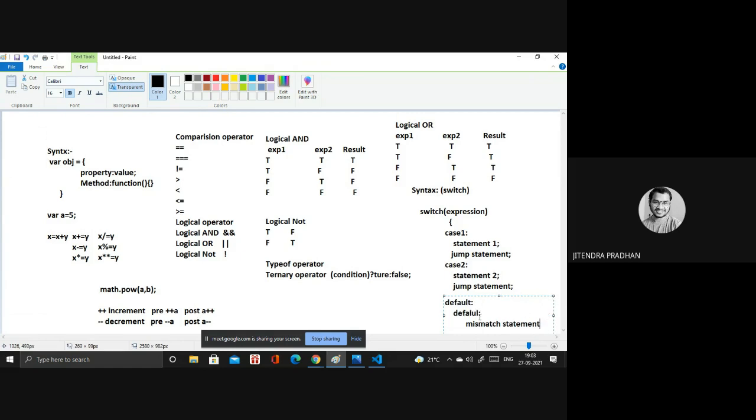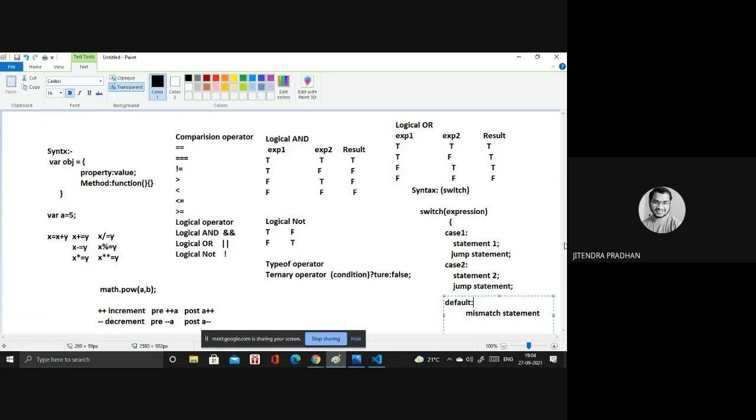Okay, default is there. Next we have a jump statement as well, and we have to end it particularly, so next we have the end jump statement.